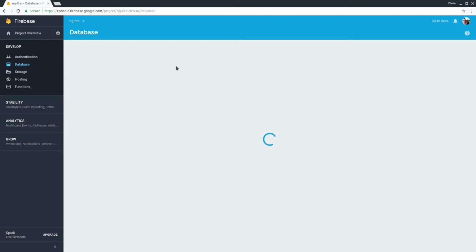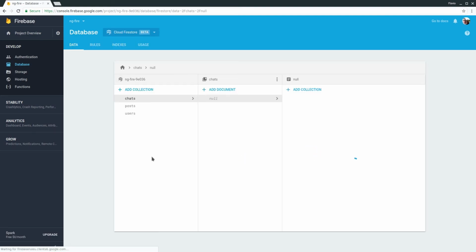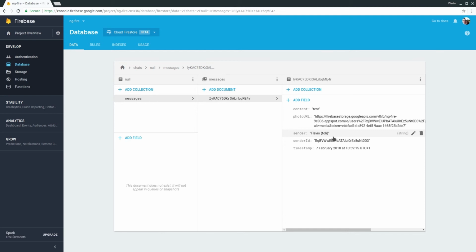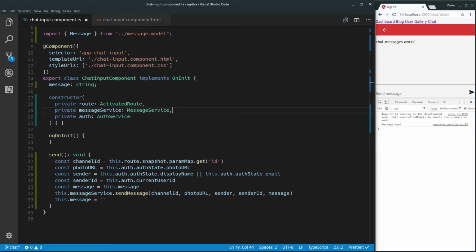message sent. Now here in the database, we can have a look. We have our chats. We got a null in here because, yes, we don't have an ID yet. There's nothing in the browser. And then we have our message, and that's our message. Test, sent by me, and the timestamp. Now let's continue. It would be nice when the person presses enter in here to send the message. If someone just wants to use the keyboard and just press enter to send the message, let's add this